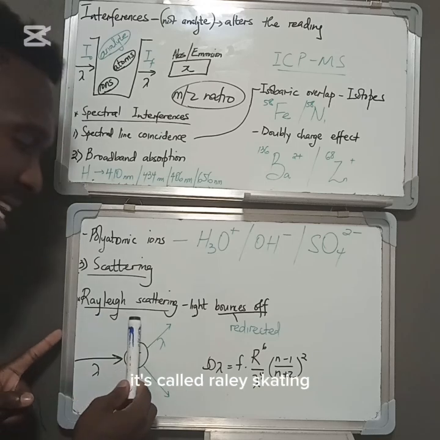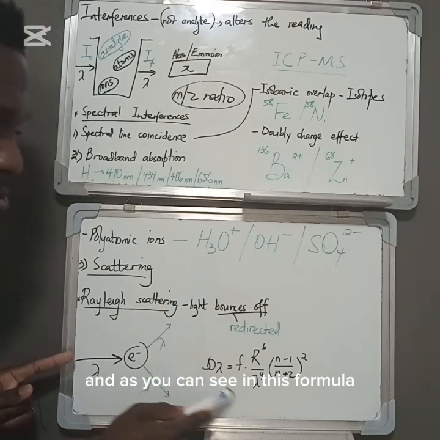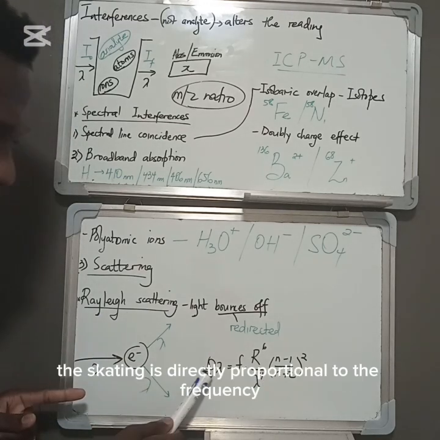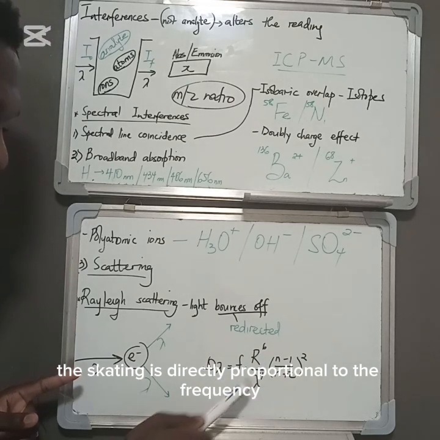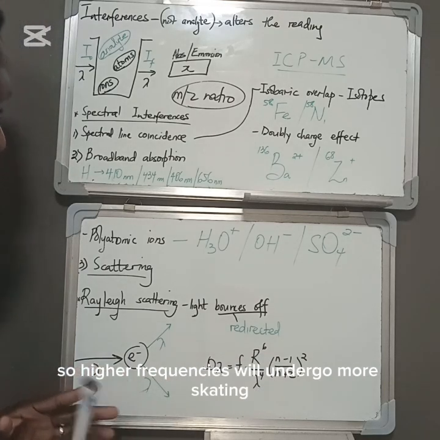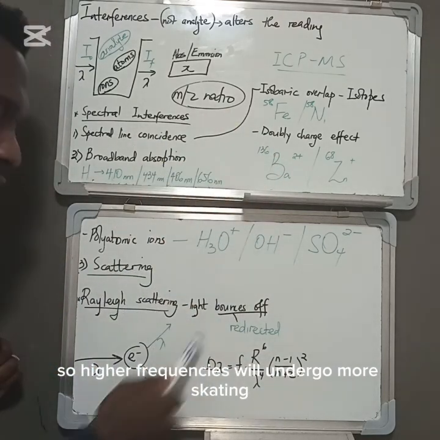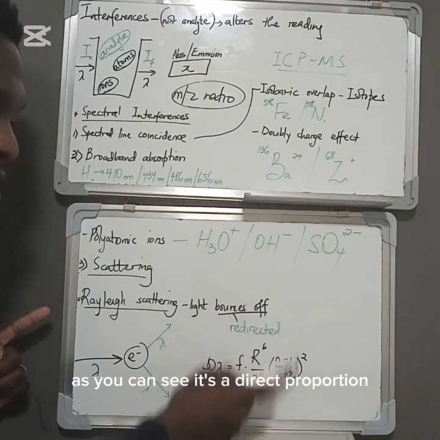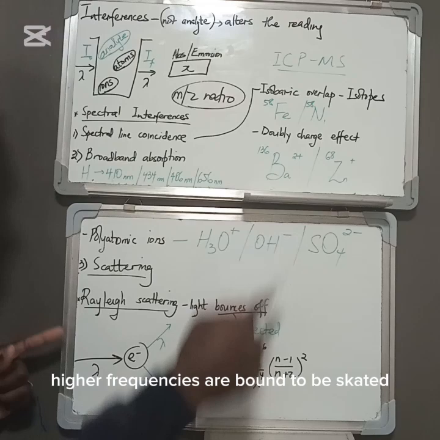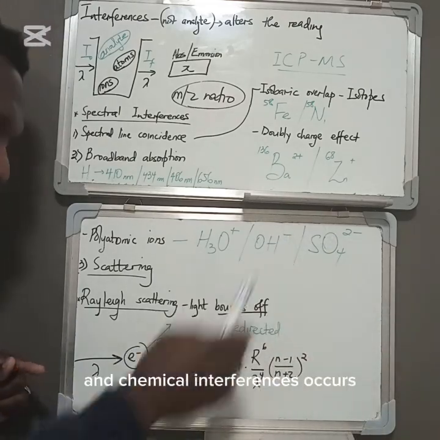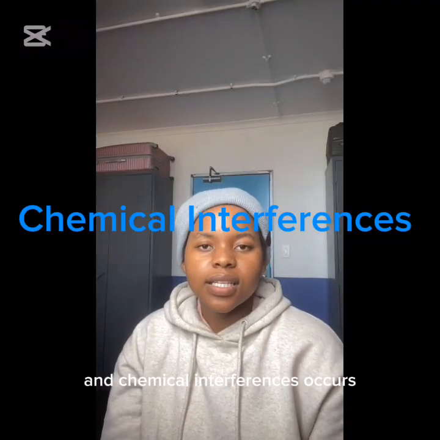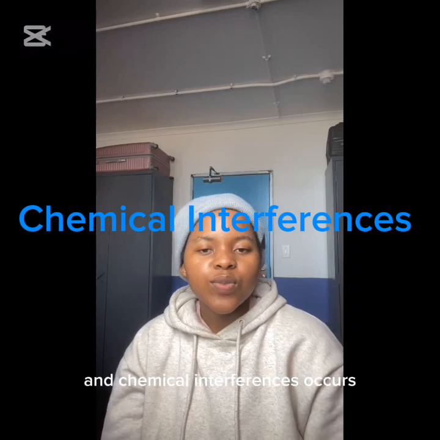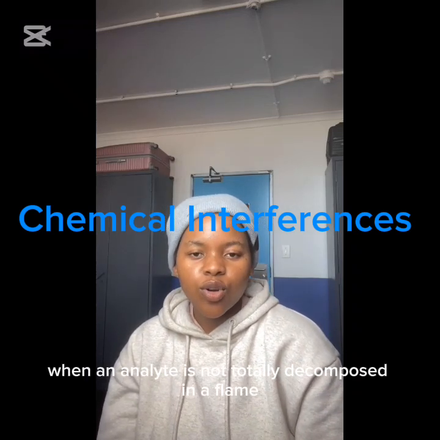It's called Rayleigh scattering. And as you can see in this formula, the scattering is directly proportional to the frequency. So higher frequencies will undergo more scattering. As you can see, it's a direct proportion. Higher frequencies are bound to be scattered. Chemical interferences occur when an analyte is not totally decomposed in a